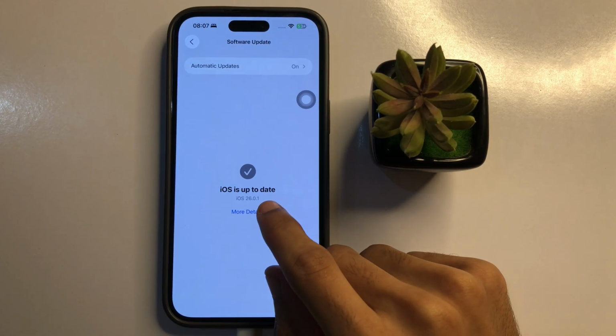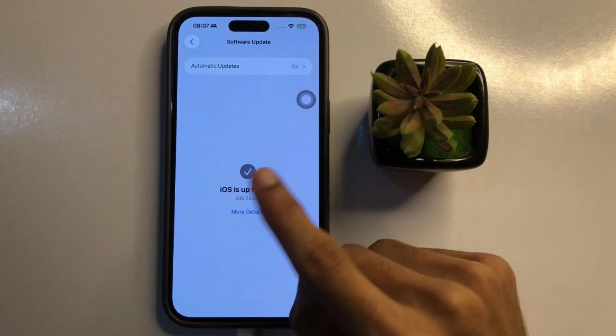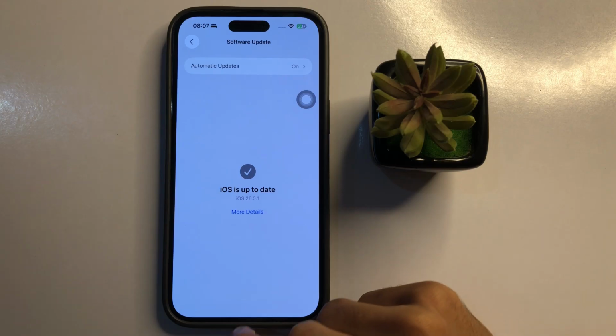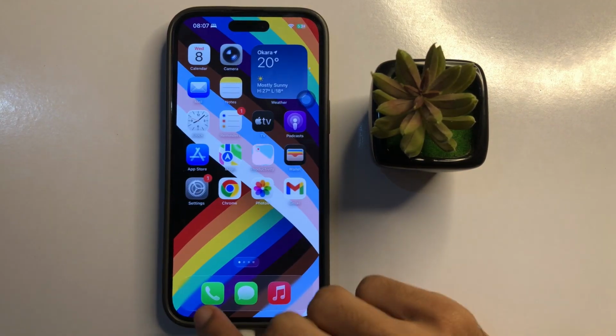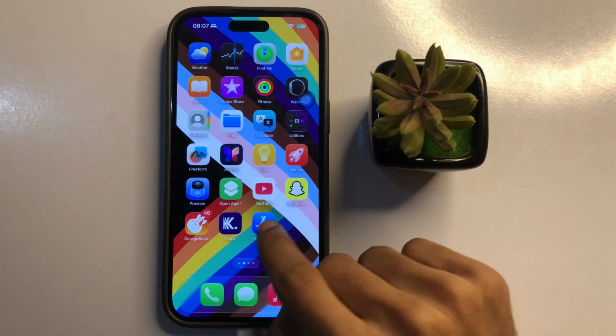You will check your software update is the latest iOS 26. So if it's not the latest, update your software to the latest. After updating, go back to the home screen. You will check if your problem is solved. So if it's not solved, so